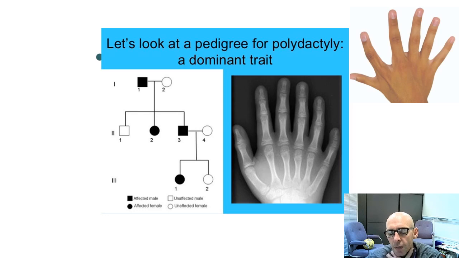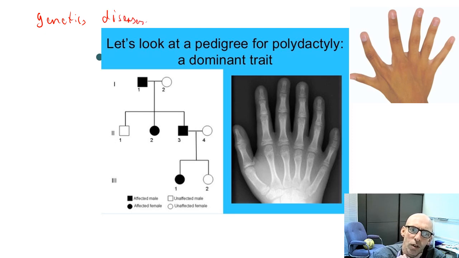Now, as said before, sometimes genes go wrong. And so we end up with things called genetic conditions or genetic diseases. And you only have to know two examples. One of them is a dominant condition. Now, if it severely affected your chance of life, by evolution it would have been got rid of. But the one we need to know about is called polydactyl.